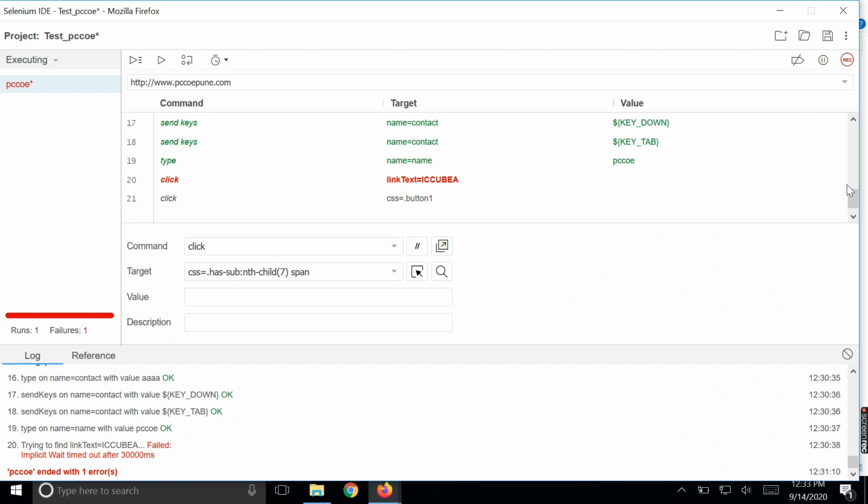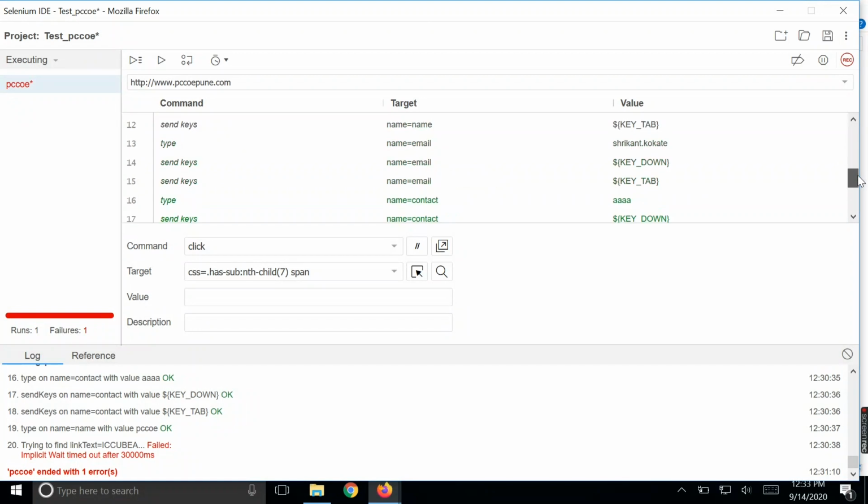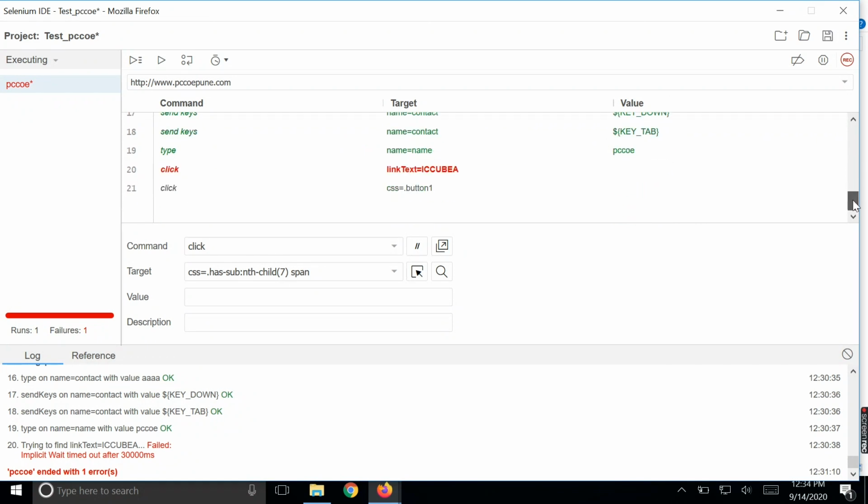So our task is, the student has to come up with a minimum of 15 commands. For that, the target is needed and the value is optional. Suppose you are using the type command, then you have to come up with the values. Similarly, values are there for send keys, so you can use this also. And then you have to generate this log report and take a backup of all this log report as a test result.